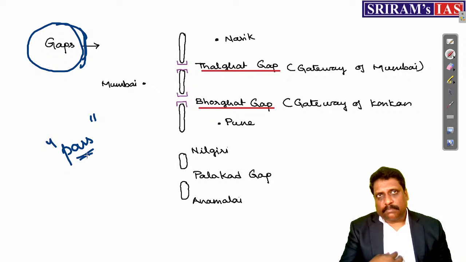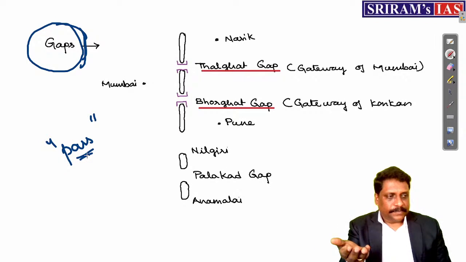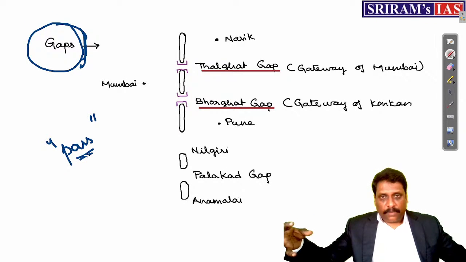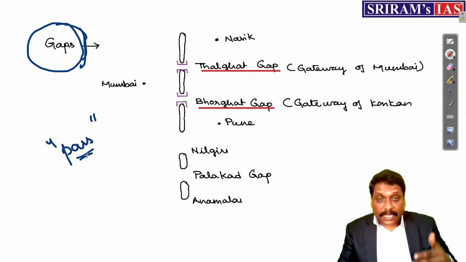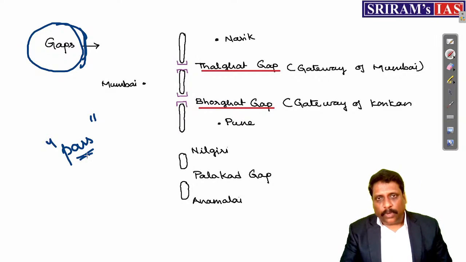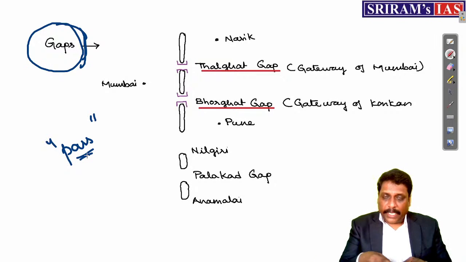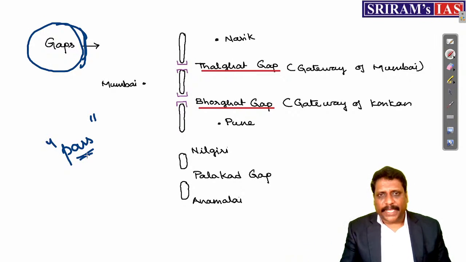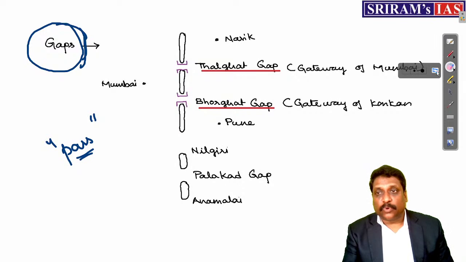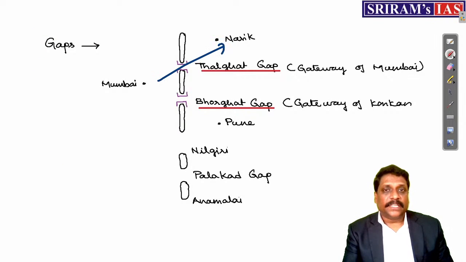Somewhere, if I just talk about a low lying area in a continuous mountain, which facilitates the connectivity to either side of the mountain. You call them as what? Gaps. It's a low-lying area, right? Whenever I have a low-lying area in a continuous mountain stretch, I call them as what? Gap. Name itself says gap, right? And gaps are the one, as I said, it facilitates both transit and transport. It facilitates connectivity between either side of the mountain.